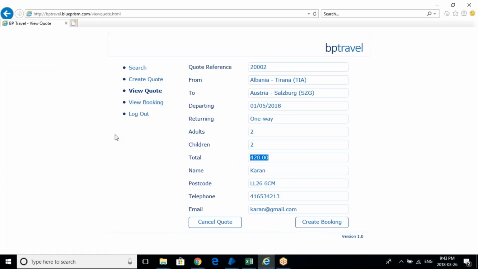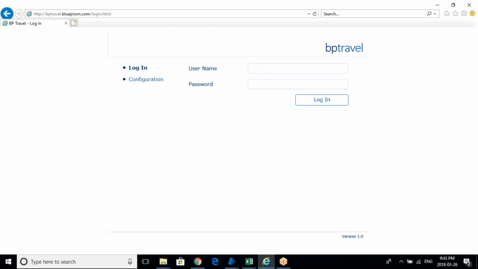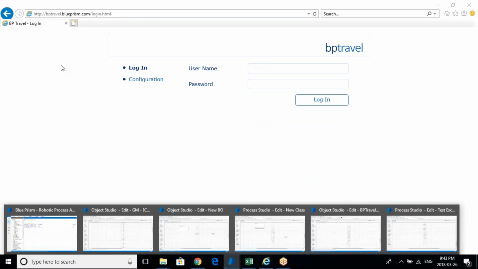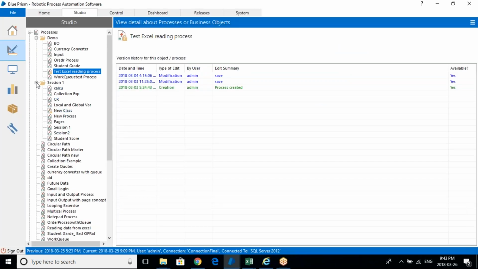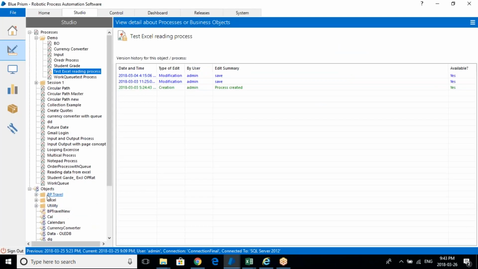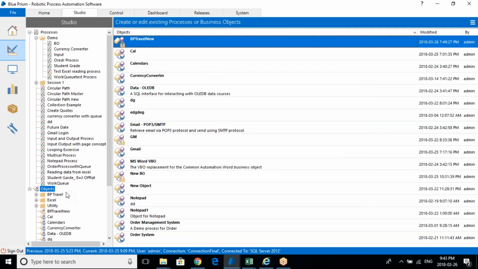So we'll be seeing it anyway when we'll be doing the consolidation exercise. But before working on this site, how can we start with it, right? So the first thing we will do, since we are going to work with an application, is create our business objects, right? So you go here, you create